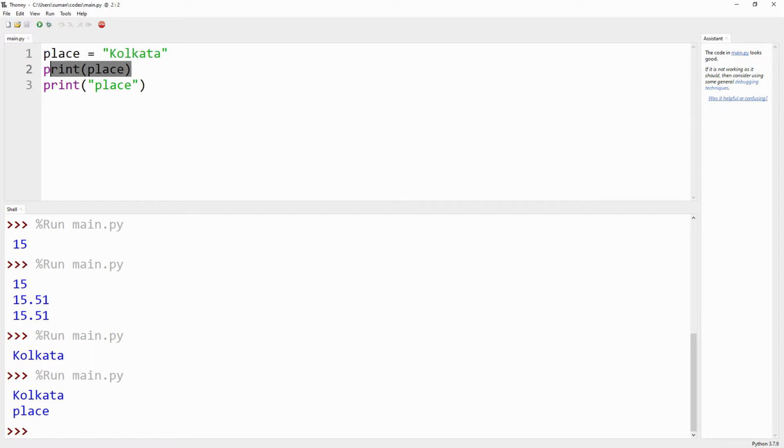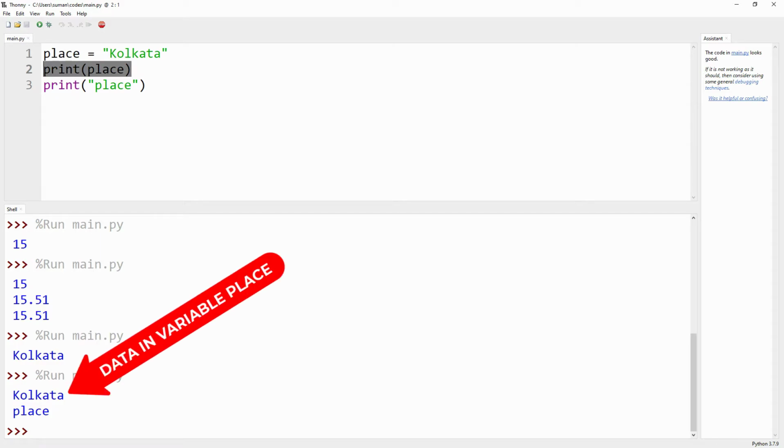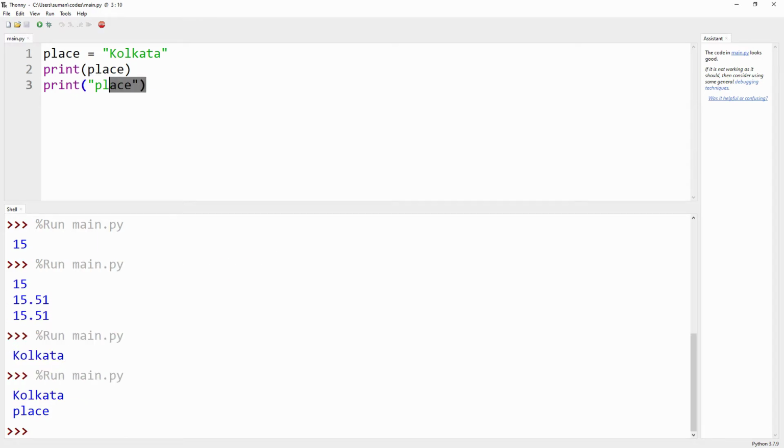The second gives the output from the variable place, whatever is stored in it. And the third one, as place is written in between double quotes, has been treated as a string. So that's why we only get place as the output.